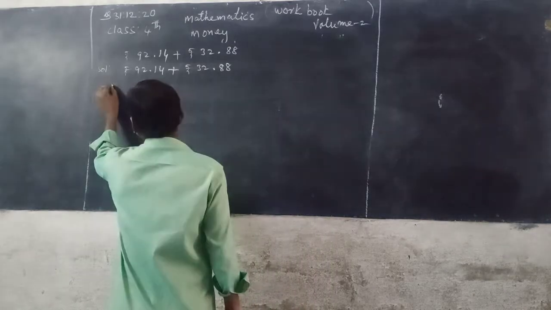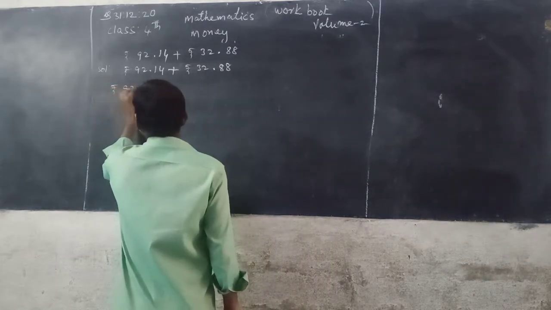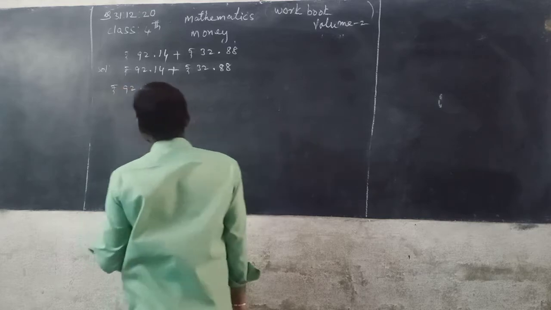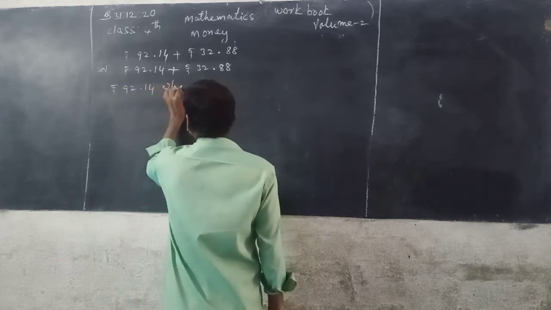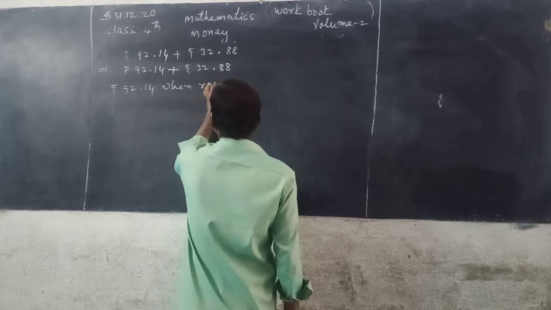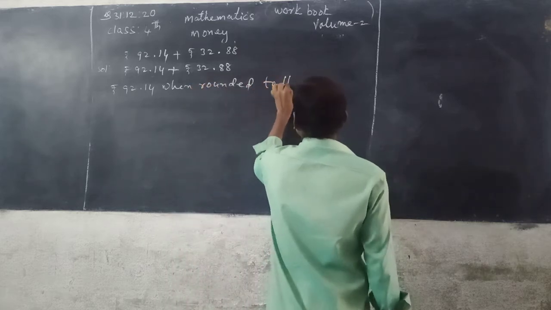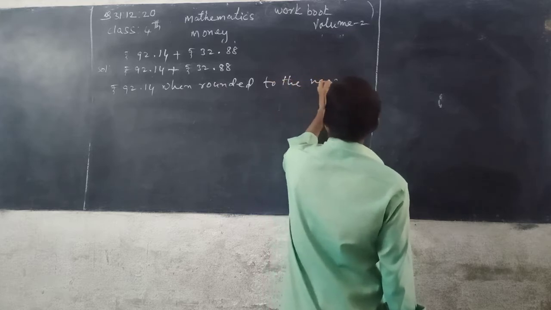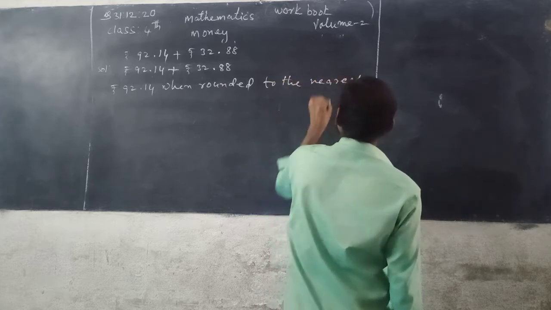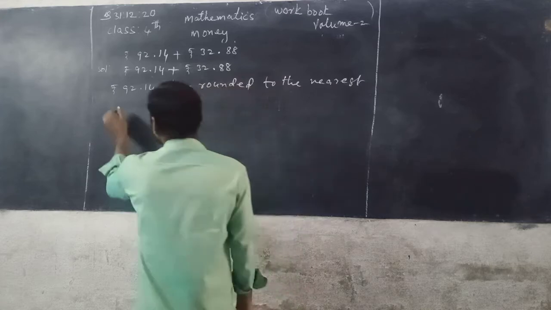Now first one, 92 rupees 14 paise when rounded to the nearest rupee